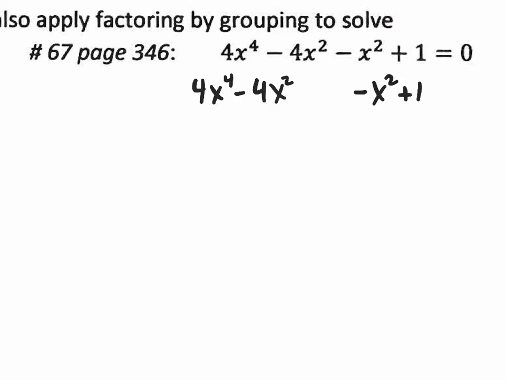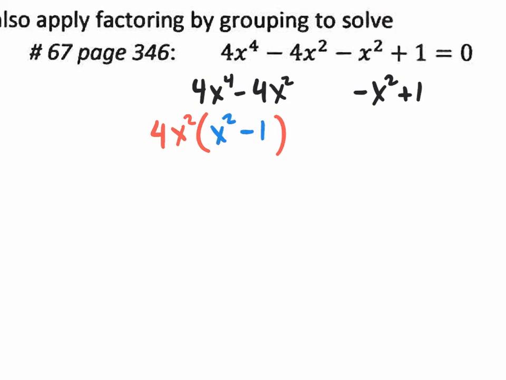So let's do step 1 of splitting it into 2 groups. And then after that, just leave space between the first 2 terms and the second 2 terms. After that, let's factor out what we can from the first group. What's the GCF in the first group? Not just 4. 4x squared. All right, what would be left on the inside? An x squared